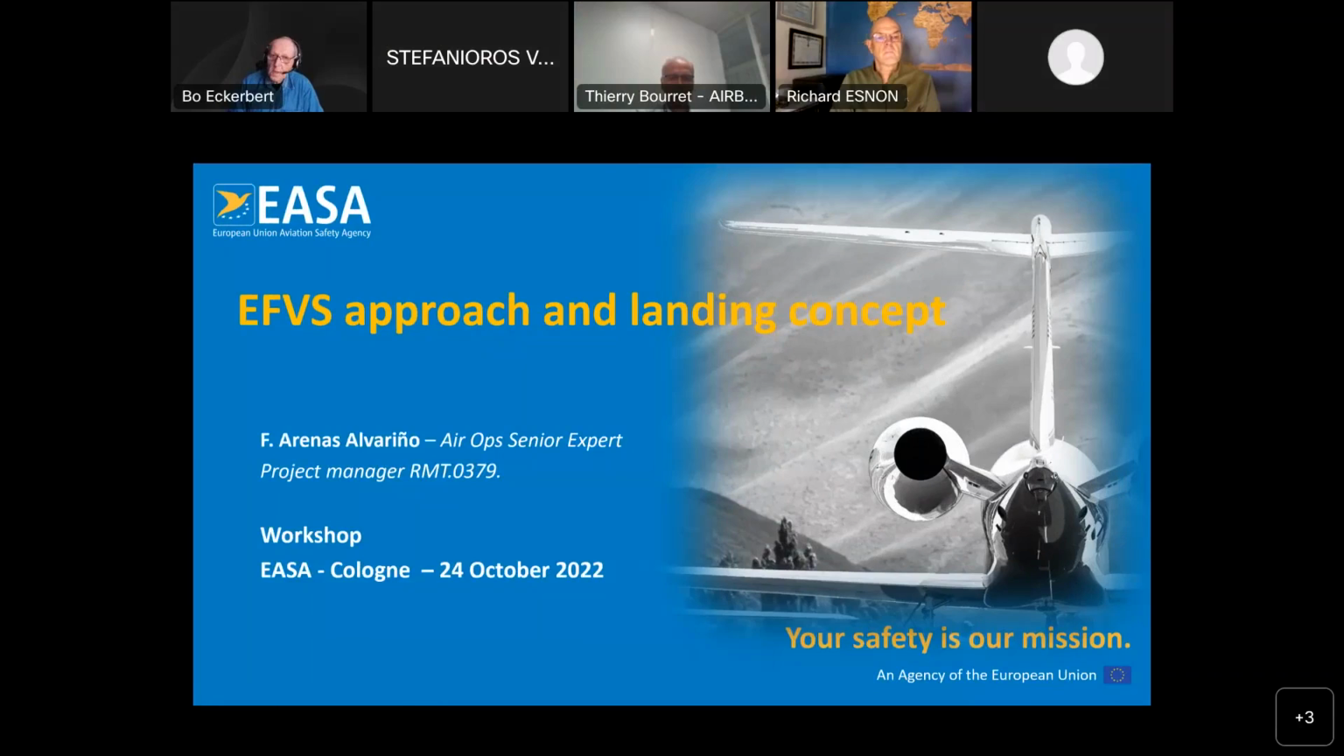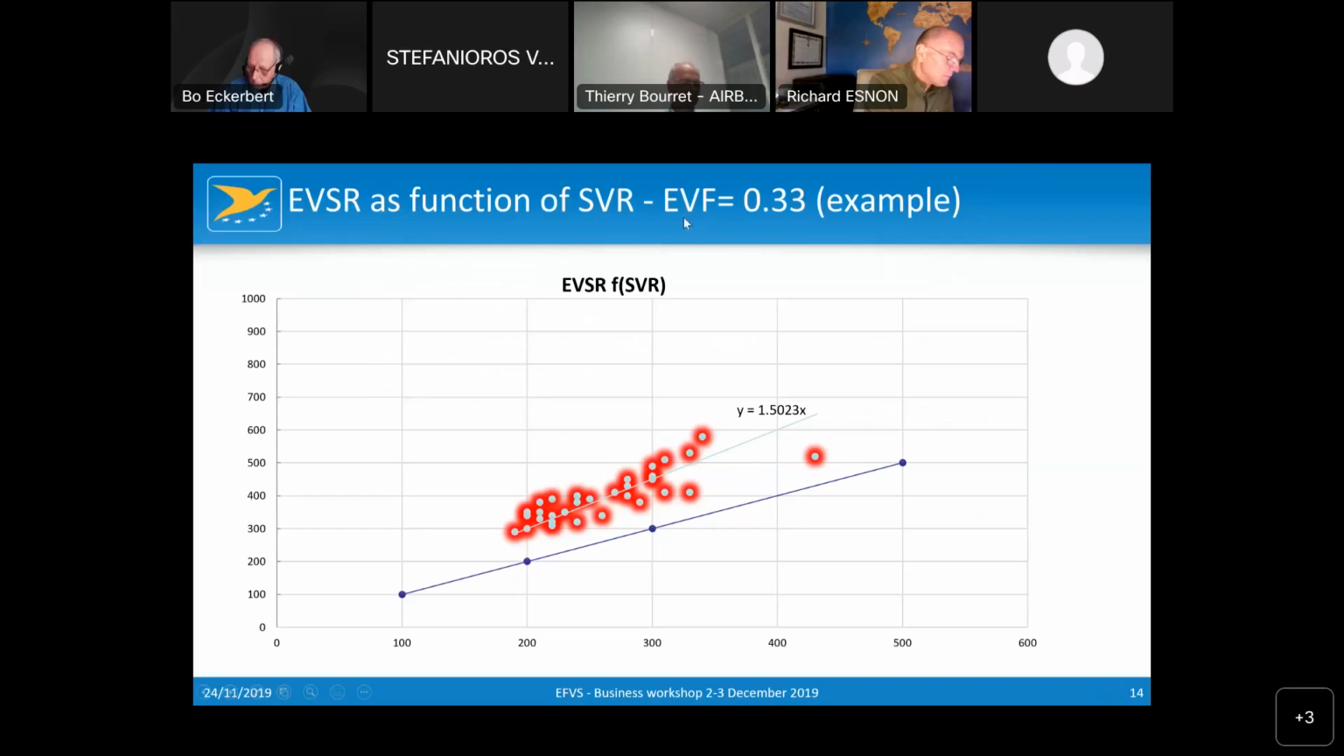that distance, okay? Later on, you continue the approach now without EFVS, and this is a test flight, and you continue until you see with your natural eyes that same group of lights. Then you measure again the distance, and this is what we call the enhanced visibility factor, the division of the two factors, okay? And this is the famous 1/3,